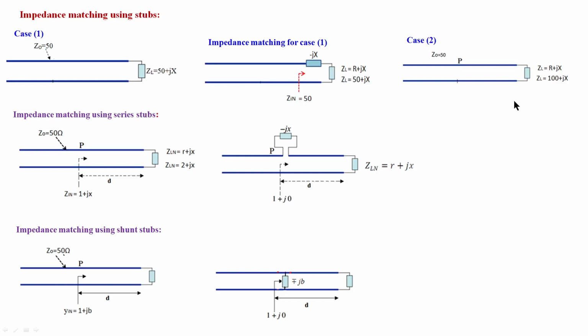In such a case, instead of adding the opposite reactance next to the load, we can move over the transmission line. We know that as we move over a transmission line, the impedance changes and doesn't remain the same. The real part will change, and this X will also change.